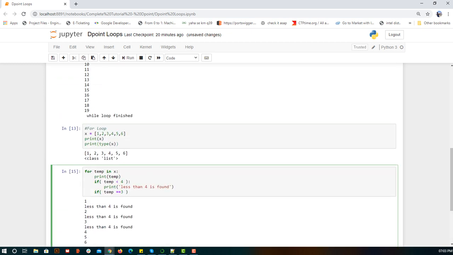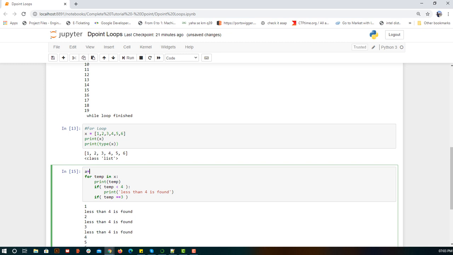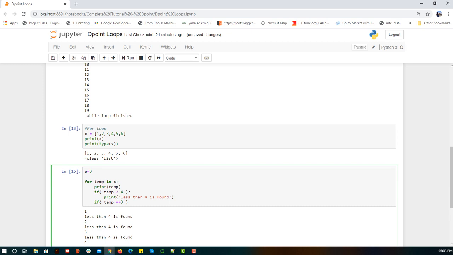If you write a = 3, a = 3 means you are assigning something. But if you write a == 3, the double equal means a comparison, whether the value of a and 3 are the same or not. So that was how to assign and what a comparison is. Single equal to is assigning value 3 to a, and double equal to is a comparison of whether the value of a is equal to 3 or not.